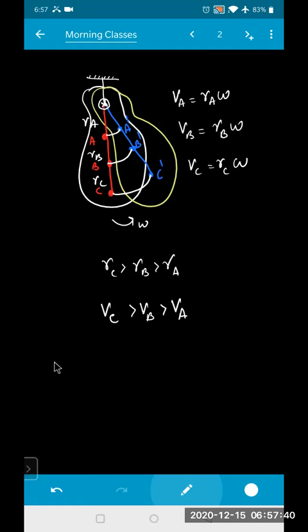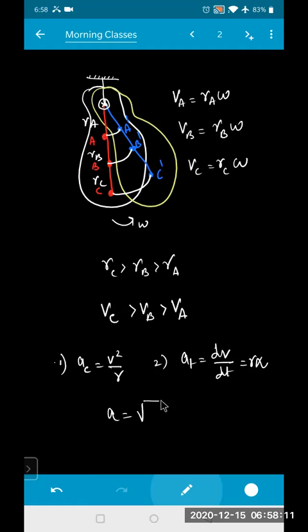What are the forces responsible for a particle to move in a circle, beta? Centripetal force, and another one is tangential acceleration. So what are the formulas? Just revise. Centripetal acceleration is equal to V square by R. Tangential acceleration AT is equal to dV by dt, and V is equal to R omega, so this will become R d omega by dt, which is nothing but R into alpha. So AT is equal to R into alpha. Resultant of this is A equals under root of AC square plus AT square. So all these formulas are applicable in circular motion. Okay?